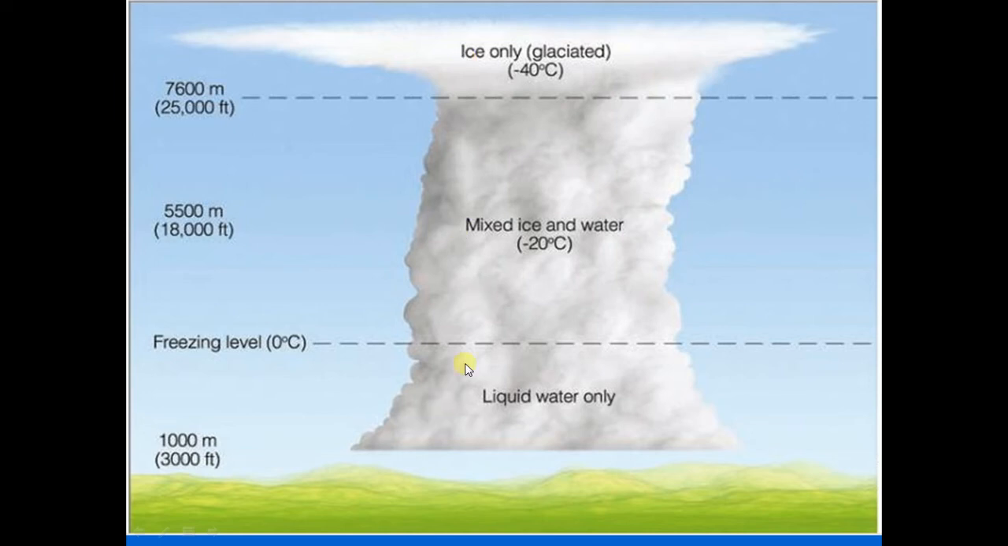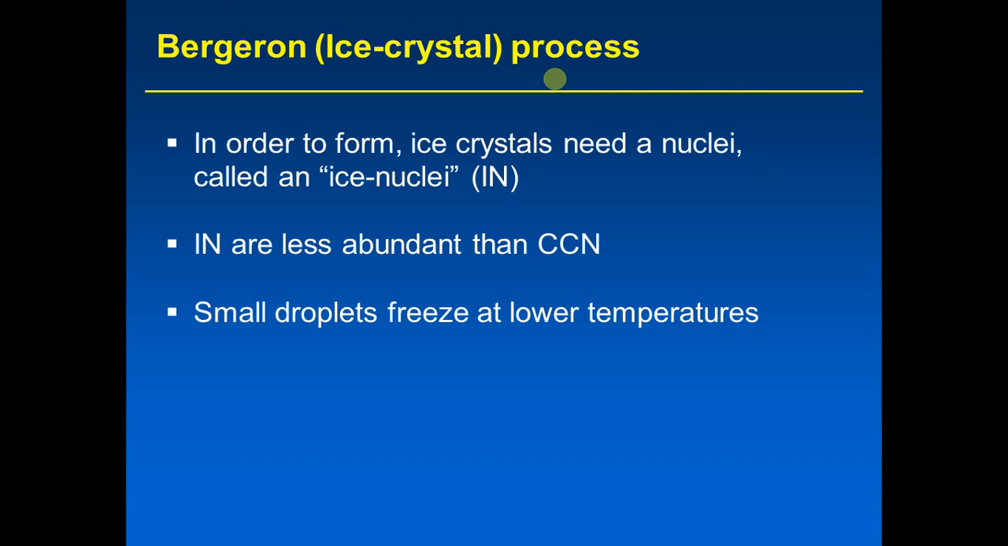So what you see is that below the freezing level, the cloud is only made of liquid water. Then there's a mixture of ice and water above the freezing level until you get to about minus 40 degrees Celsius. Okay. So, how does this Bergeron ice crystal process work? Well, in order for it to be effective, ice crystals are required to form, and in order to form, ice crystals need a nuclei called an ice nuclei,